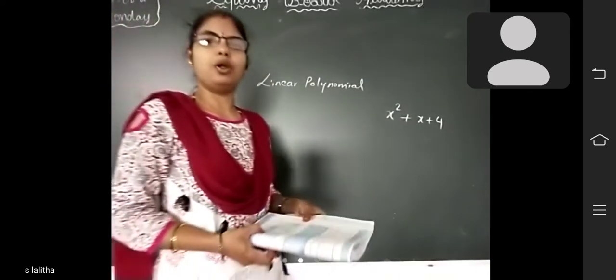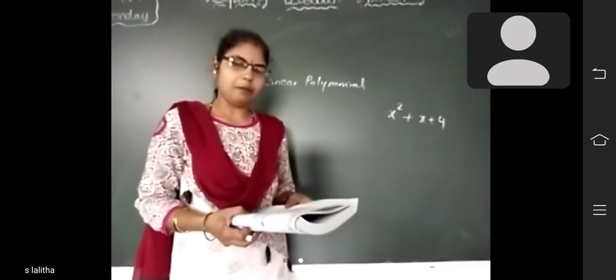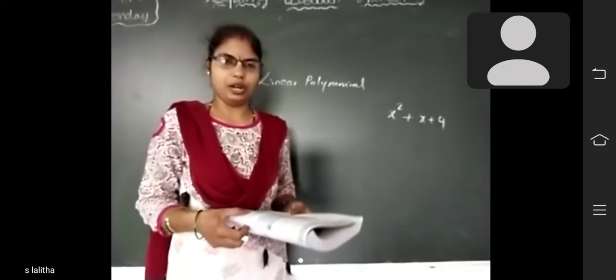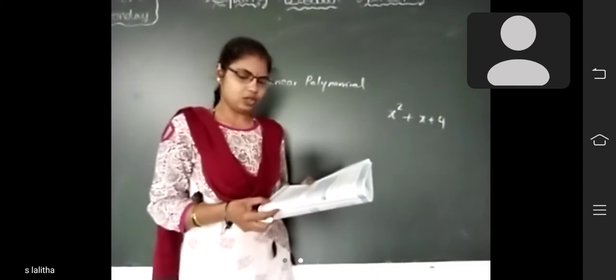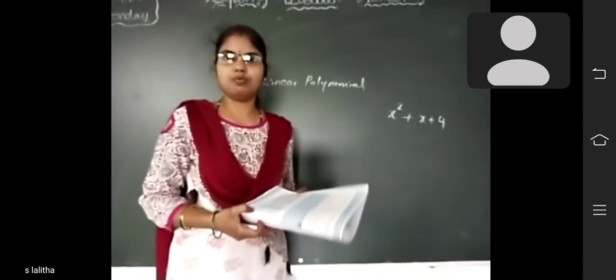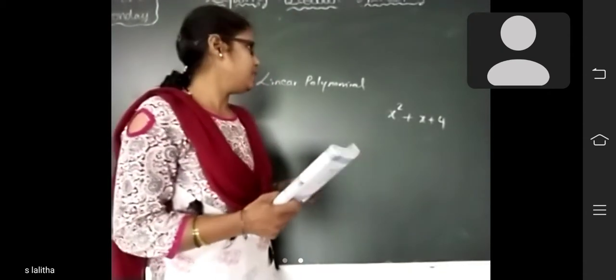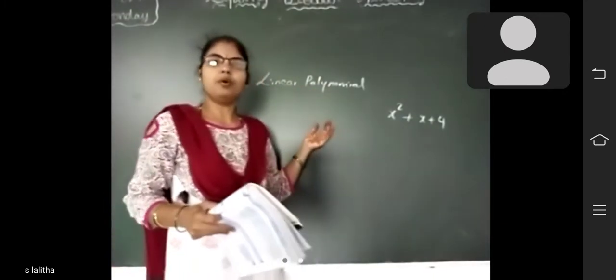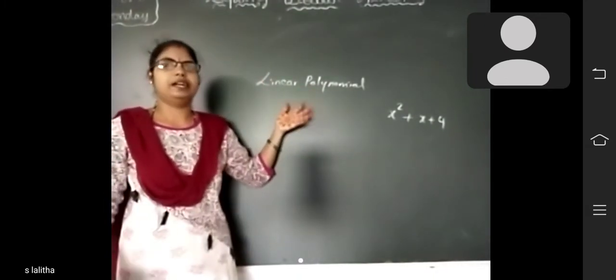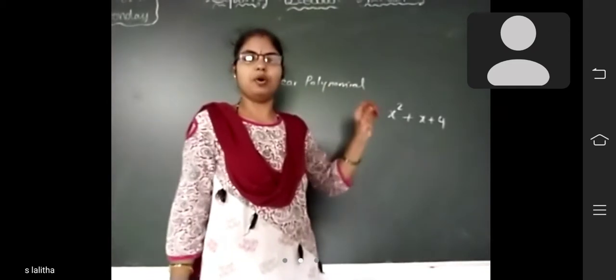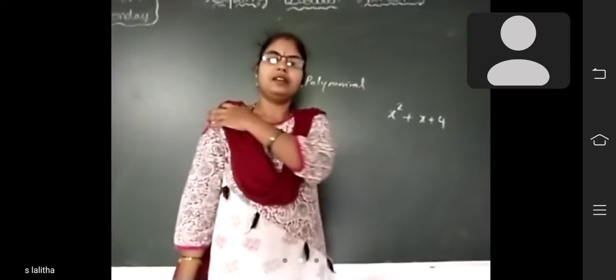Next, degree of a polynomial is 3. Name of the polynomial is cubic polynomial. Example: 3x cube minus 2x square plus 5x plus 7. Okay. So these are called types of polynomials according to degrees. According to degrees, what are the types of polynomials? Tell me.